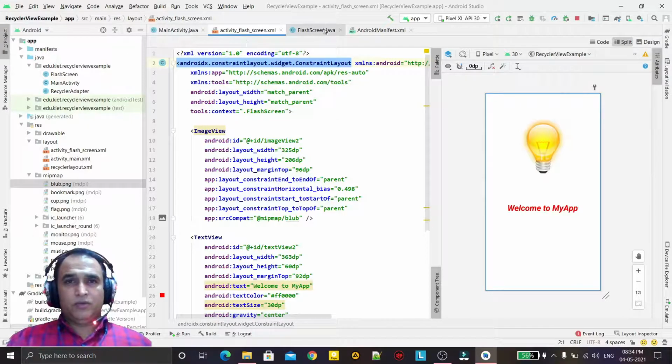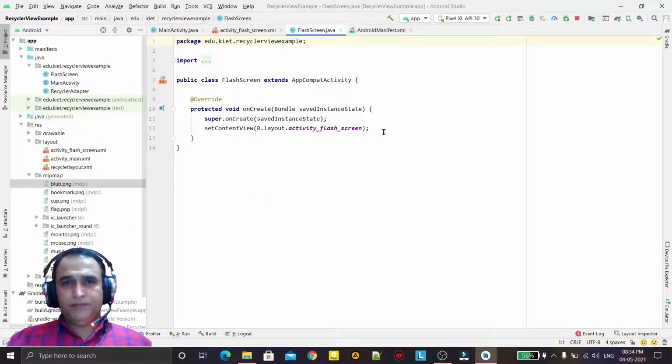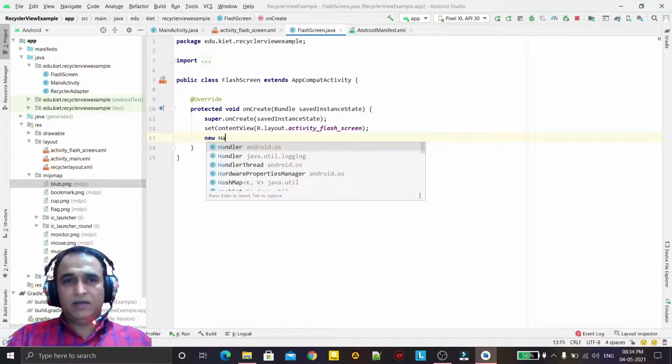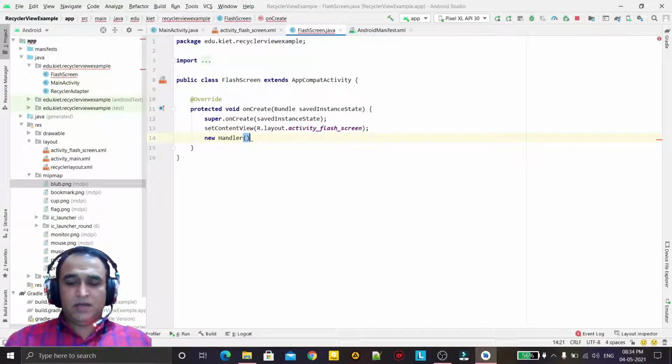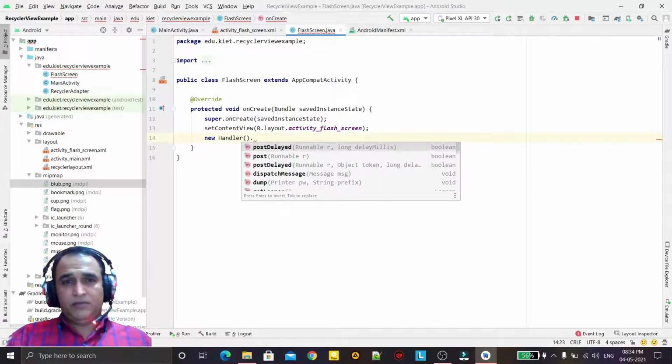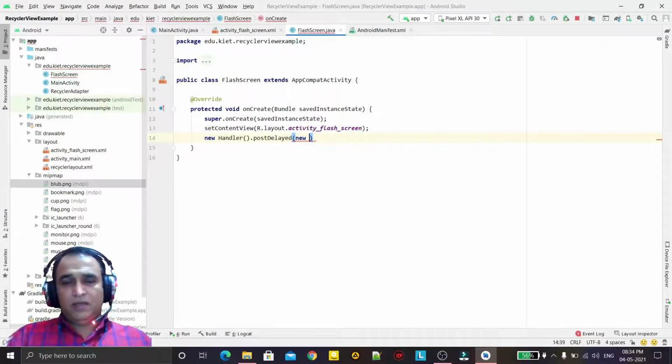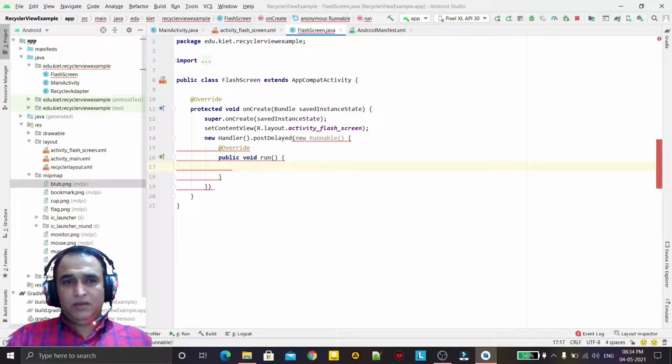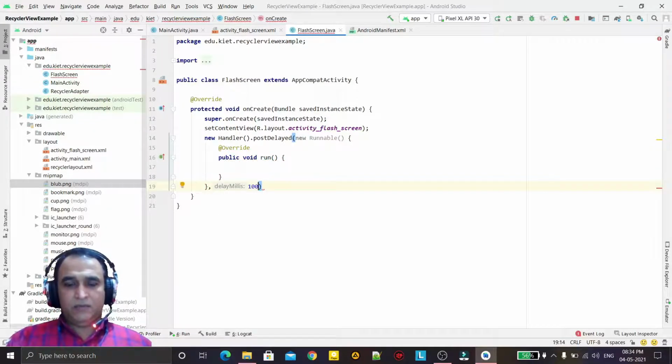Now I go to the Java code, and here I have to create a thread by the Handler class. In this class I will use the postDelayed method, and here I will create my thread. In this thread I am going to pass the time of 1 second.